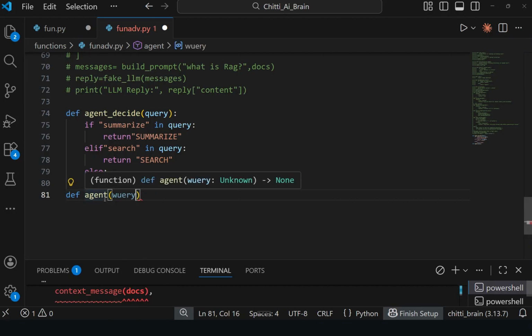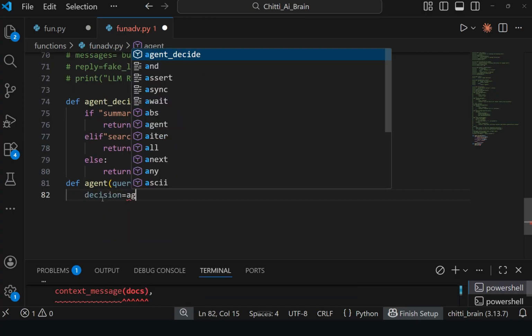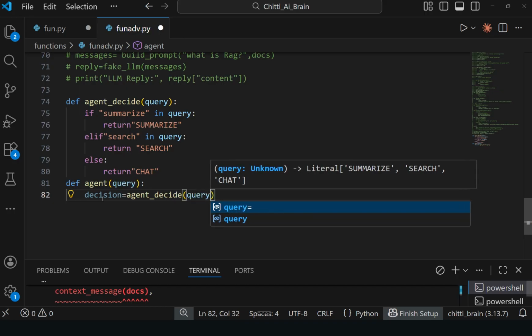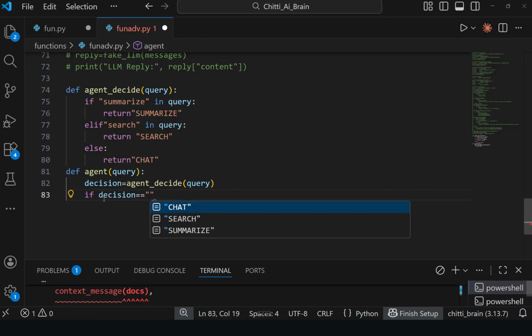Now, if the decision is SEARCH, it should return "searching documents", a sample reply we are giving. If the decision is SUMMARIZE, in capital letters, not the word, it is a comparison operator, we are comparing. Return "summarizing content", else it will return normal conversation only.